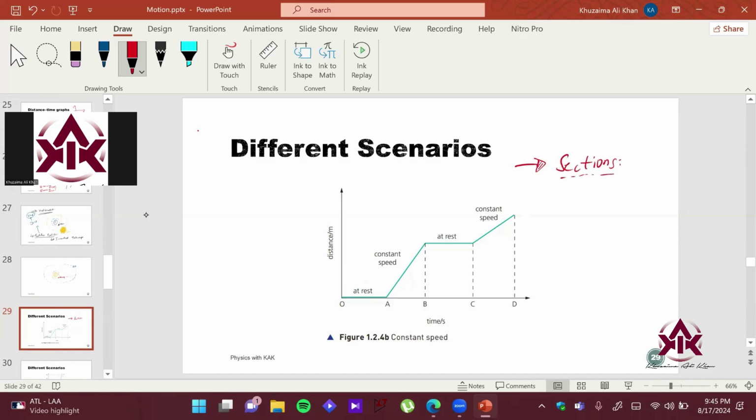By sections I mean we have OA and we have AB. इसमें हमारे पास distance time graph का pattern change हो रहा है. Then we have BC, which is similar to section OA. And then we have CD, right? Imagine कि you have a car, right, imagine you have a car,